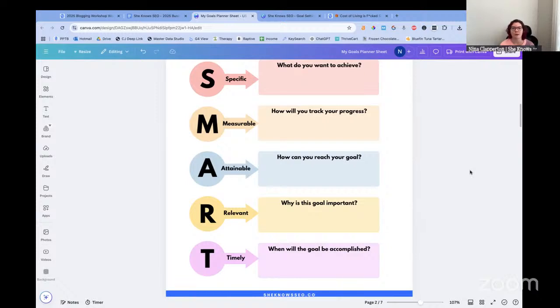Now, most people will pick a few different goals for the year, and I think that is best. So what I want you to start with is picking three. We want three goals that you are going to achieve in 2025. These can be personal goals, business goals, financial, or getting into Mediavine. It can be anything that you want as long as you can break down a SMART structure for it. So rather than just saying, I want to make $500,000, it's I want to make $500,000 from my business.